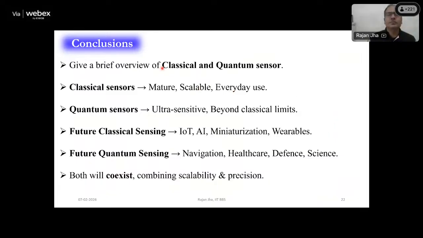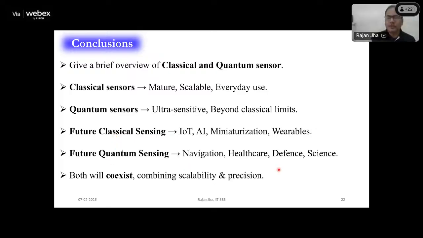So I tried to give you a brief overview about classical and quantum sensors. We use them in day-to-day life. These are scalable. They are a very mature technology. But quantum systems are not mature, though they are expected to deliver beyond these classical systems. We have all seen AI, IoT, miniaturization. All are in classical. People will use them more in future, but